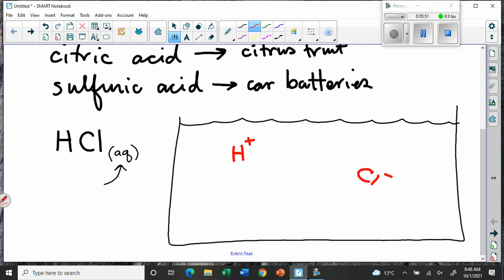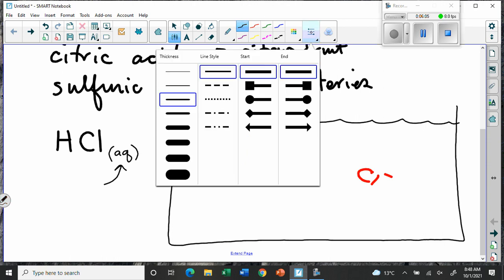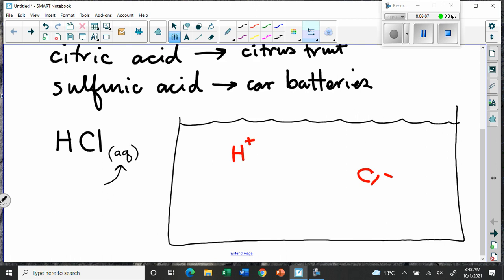But notice how the electrons stay transferred, right? Hydrogen's electron was given to chlorine, and it stays with chlorine. So this is a chlorine ion. It's not atoms that are separated, it's the ions. And so the water molecules sort of gather around in this manner,